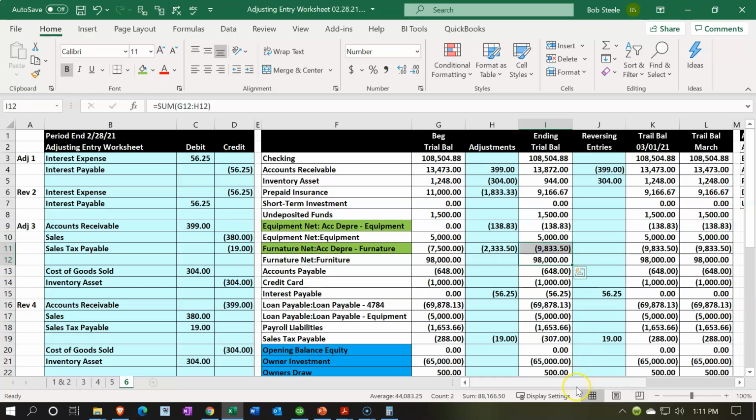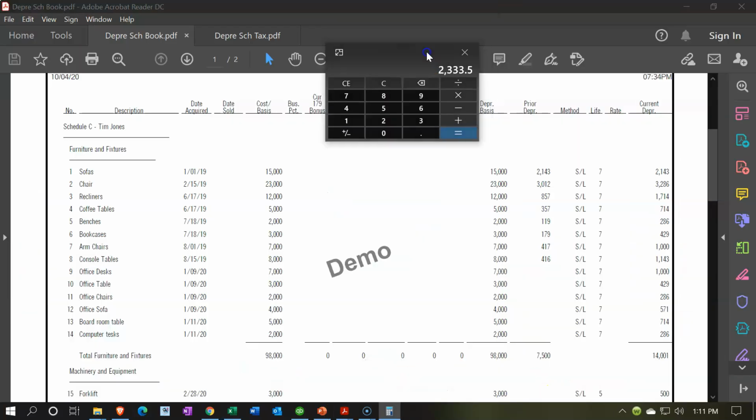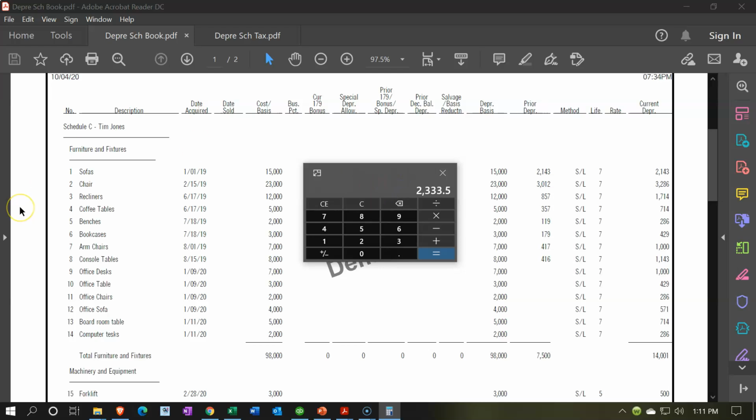988,335 is going to be the book value of the 88,166.50. If I match that to the depreciation schedule, I'll say, well, does that make sense? And it's going to say, yeah, I've got the 98,000 is the total. Well, let's calculate the accumulated depreciation. 7,500 was last year,